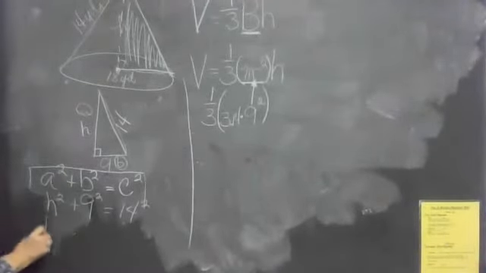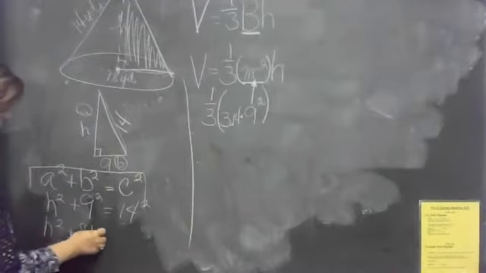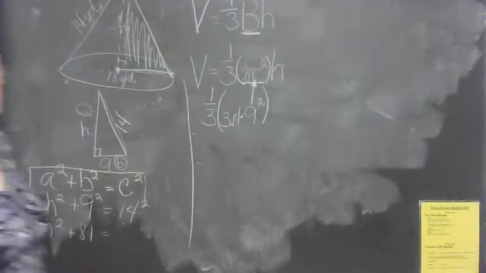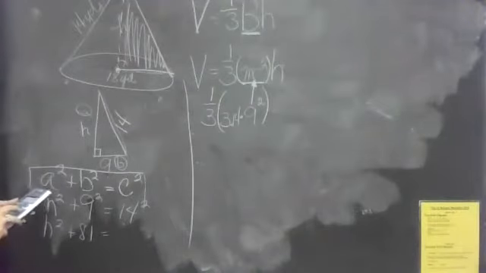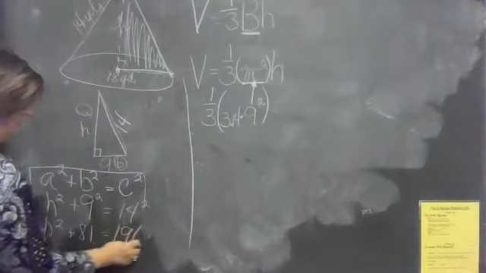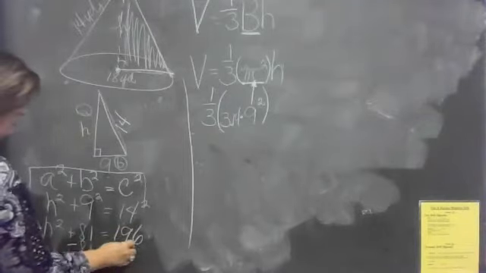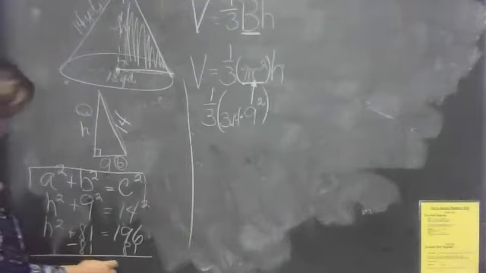So using this formula in our side trip, we're doing this so that we can find the height. So I have H squared plus 81 equals 196. And then, of course, we subtract our 81. So we're going to have 115